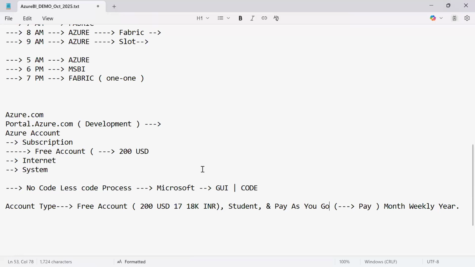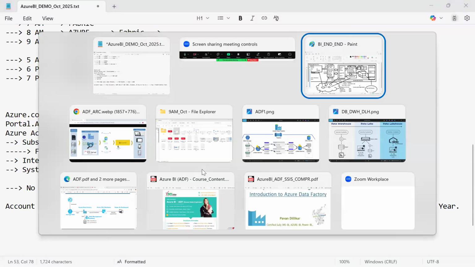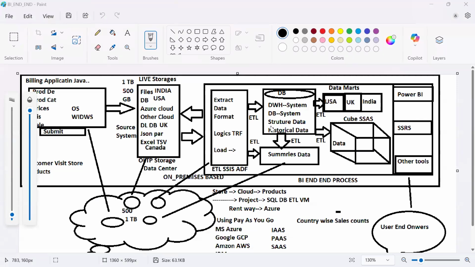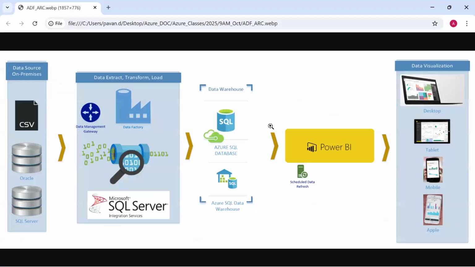So what is actually the requirement, guys? Before developing anything, this is the entire project we need to develop. When you see the graphical solution, what these pictures give you is something like this: databases are there, then we connect data factories, ETL, scanning the data and converting it into proper, arranged data. We store the data in some databases, and every day we develop reports, which are shared with multiple platforms.